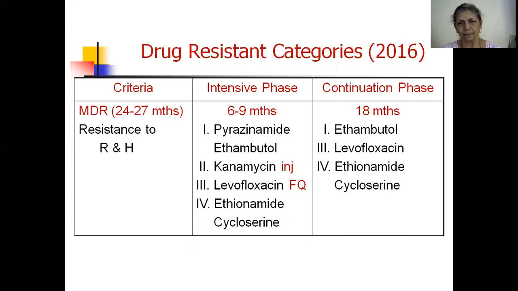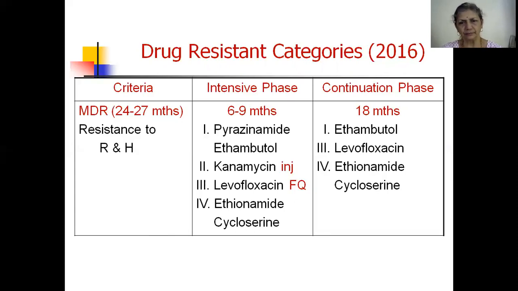months duration. In this intensive phase, we continue the 2 first-line oral drugs which are still working, that is pyrazinamide and ethambutol. R and H, there is no response, but pyrazinamide and ethambutol are working, so they are used. And instead of R and H, we are adding 4 more other drugs. So from group 2, kanamycin is the preferred injectable used, and from group 3 fluoroquinolones, levofloxacin is the preferred fluoroquinolone as per the RNTCP guidelines. And we also add 2 drugs from the other oral agents, that's group 4, ethionamide and